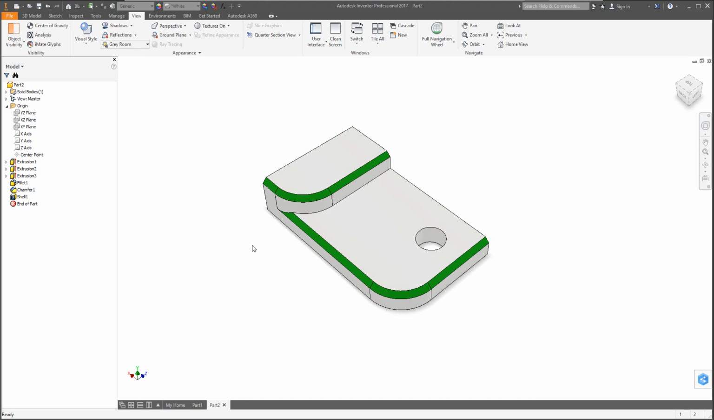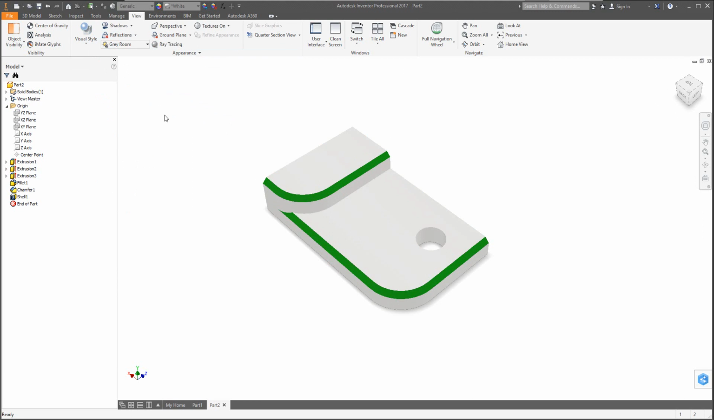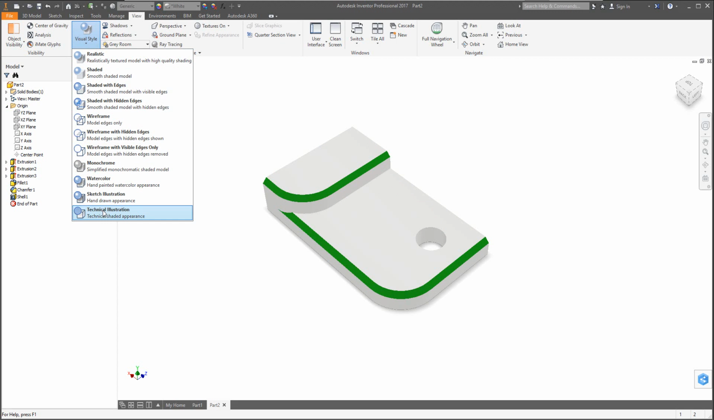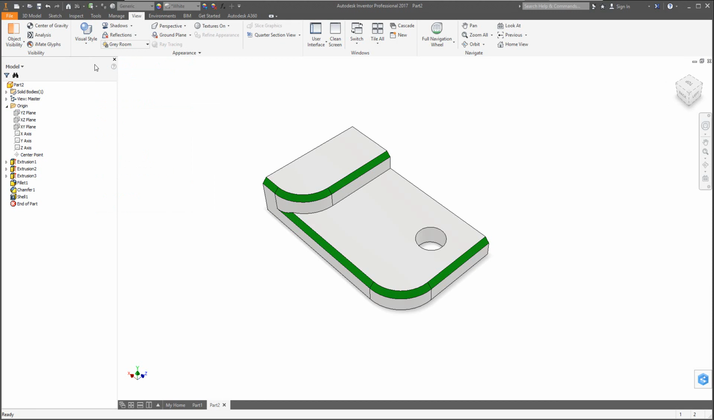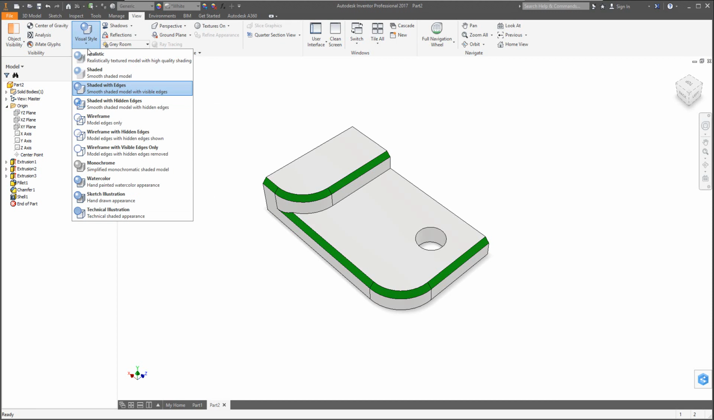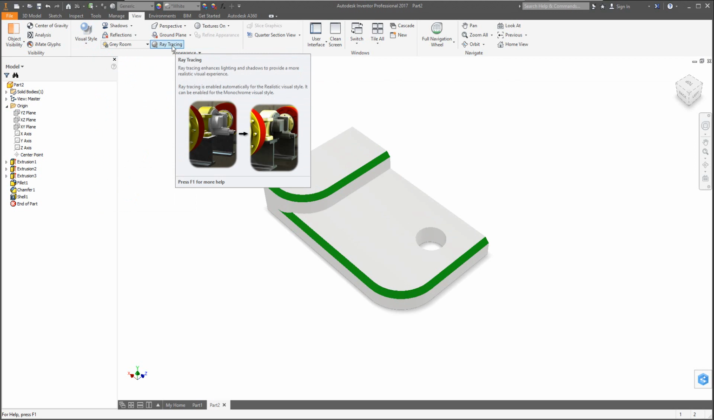So once you have that in a position that you like, now you'll see that there's other visual styles. You can go with realistic, and then it gives you a nice shaded, kind of softer image. There's also other options like technical illustration, and then shaded with edges is what I was using earlier. If you like shaded with edges, that's it. But here's the thing: if you go to realistic, you'll see the ray tracing becomes available. Click on ray tracing,